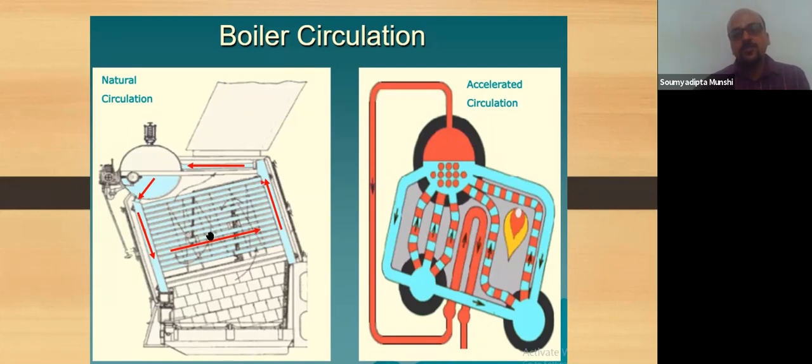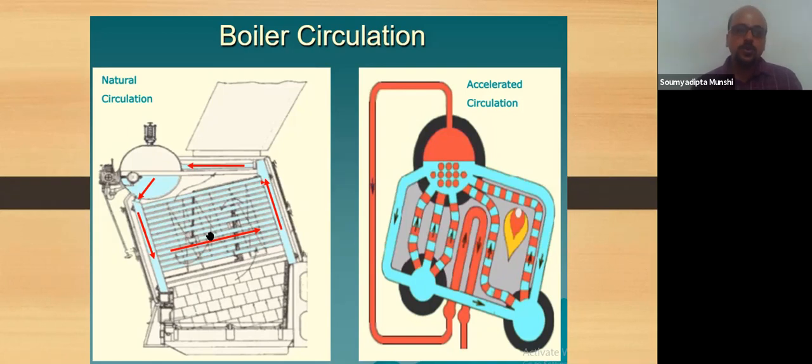Actually, this thermosiphon principle is what I told you. The water comes to the drum, then circulates through the water tube, then the water on the surface is first converted to the steam, and it goes back to the drum. The steam is separated, then the existing water mixes with the water that comes from the economizer, and the circulation is repeated. This is the thermosiphon principle.